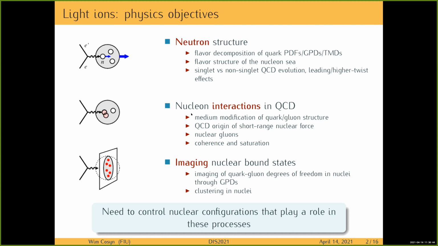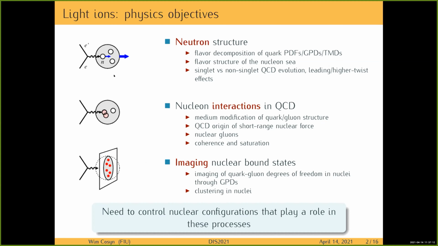So you have some nuclear gluon effects, for instance. You can also look at coherence and saturation using light nuclei. And if you do coherent scattering, that's not what I'm going to discuss in this talk, but you can do imaging of nuclear bound states, right? In the same way you would do for a proton target. You would image your light nuclei in quark and gluon degrees of freedom, and then you can make the connection with nuclear physics to look at clustering in nuclei, for instance, how that emerges in quark